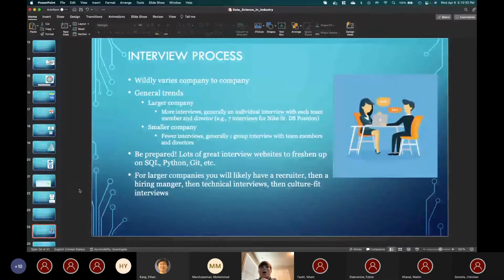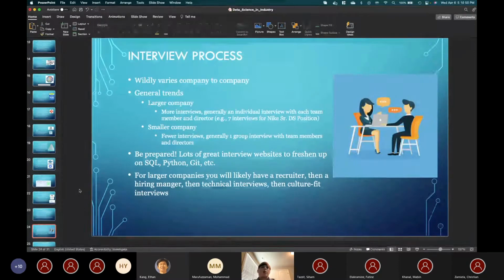The interview process wildly varies from company to company. So I'll give you some general trends, but this is very much company specific. Generally, for larger companies, you're going to have more interviews, and they will likely all be individual interviews.